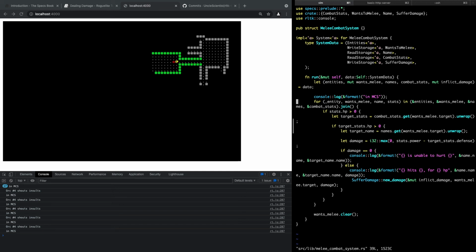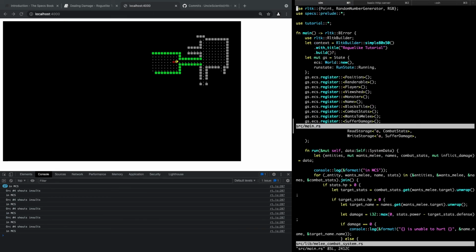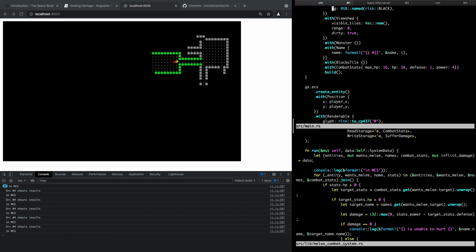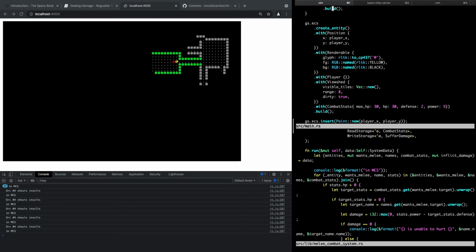So it's not finding anything that is an entity that wants to melee with a name and combat stats. And I know the player has combat stats, and I know the monster has combat stats. I know the player has a name. We can just double check that. Oh, the player does not have a name? Okay, is that the bug? With name